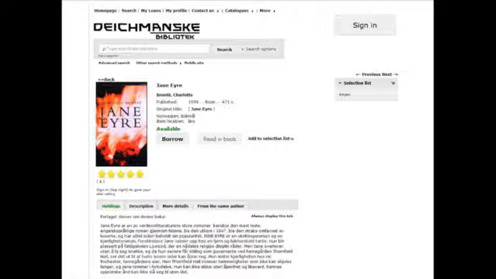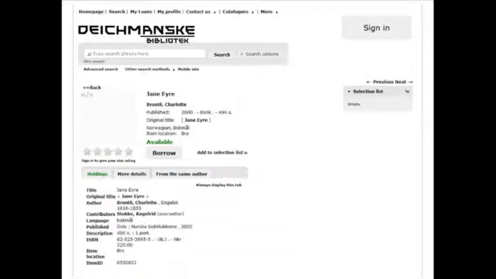At this page we get a picture of the book, and we have a description of the book at the bottom, and a reader rating. Someone else read this book and thought it was good, but if I go to a different edition, and bear in mind this is the exact same book, the exact same translation of the exact same novel, all of a sudden all these discovery features are missing because the OPAC doesn't realize they are the same because they have different identifiers. No description, no cover image, no reader rating.